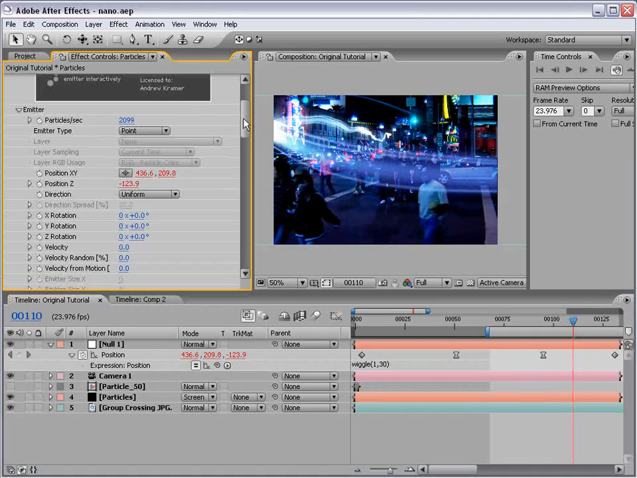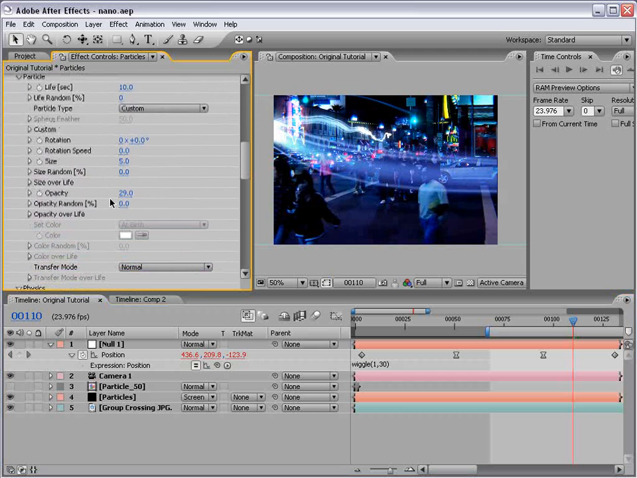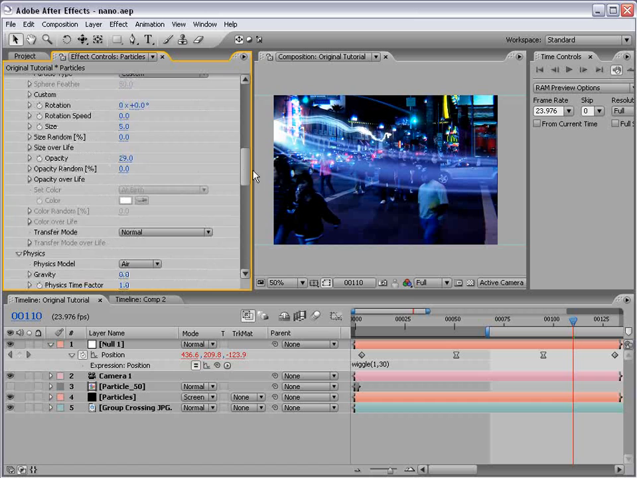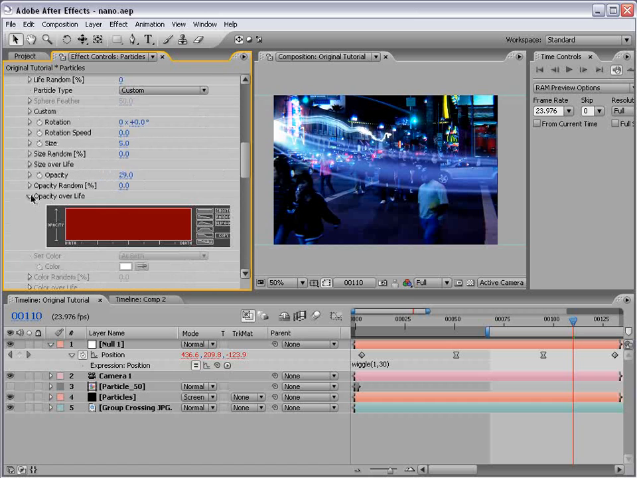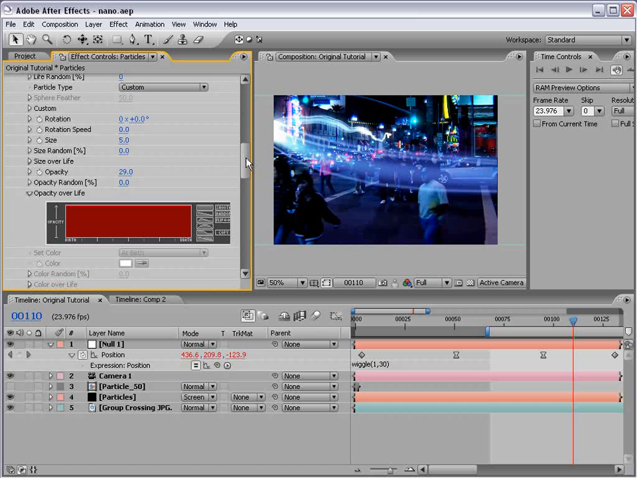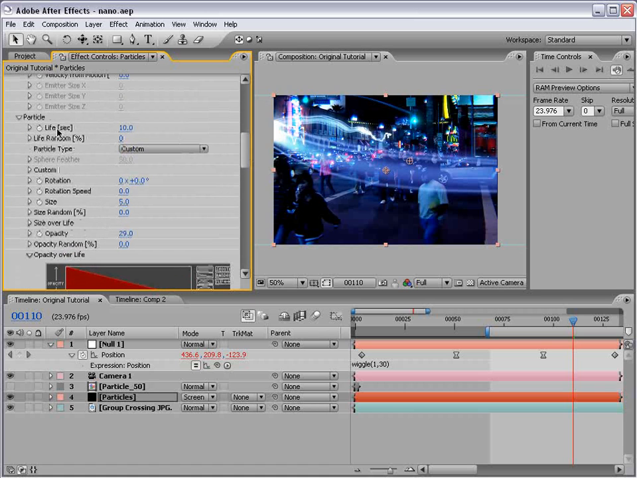In the particle effect, we can also change the size over life or the opacity over life. So say I want to make the particle short and it kind of fades out. I can make it at birth to death be opaque and then fade out to transparent. But we need to make sure that the life of the particle is short enough to be seen. So if I bring the life down to say